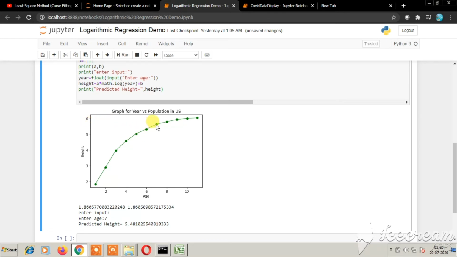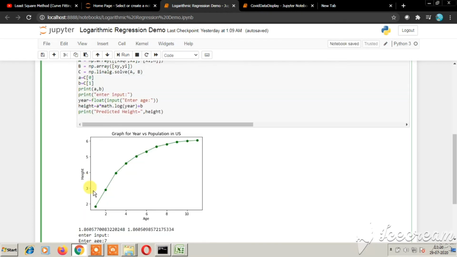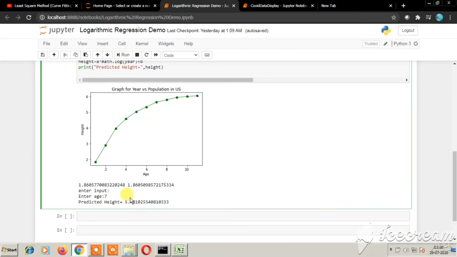So our regression model holds good, and the a and b values are calculated successfully and correctly. Using this approximation, we can approximate our height as 5.48.